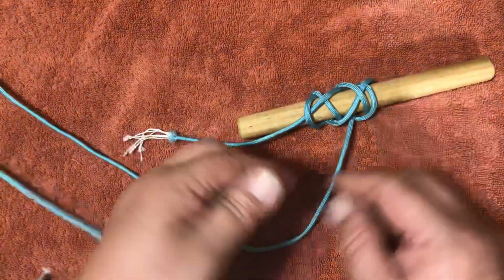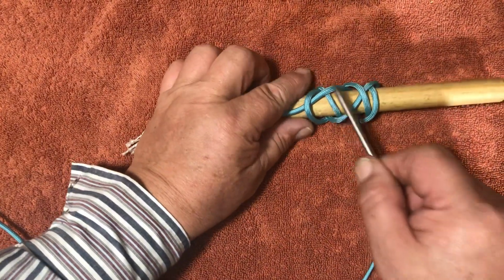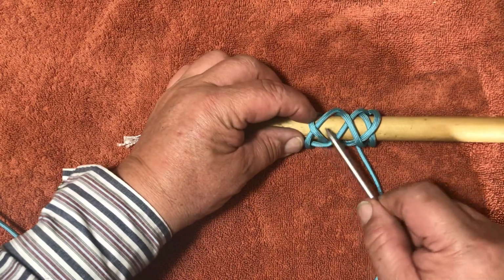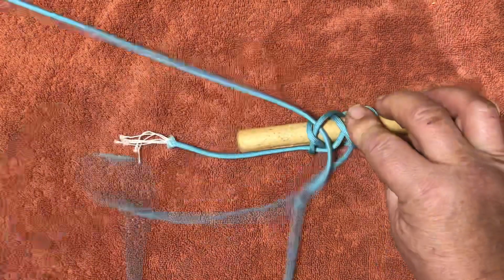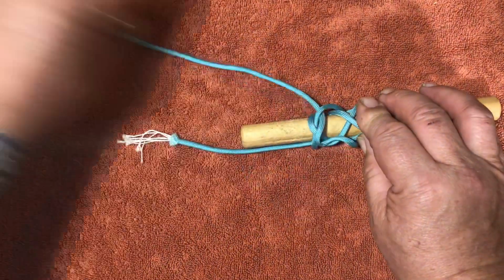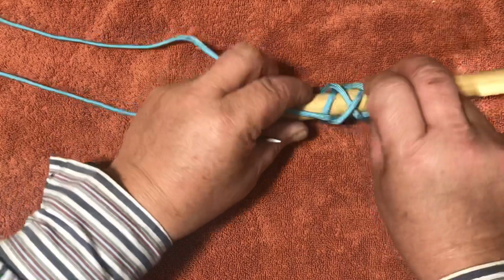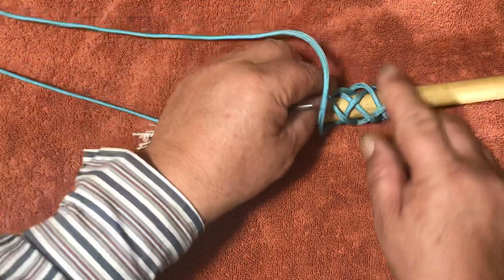Now, we're still following it, doing the opposite, and it's going under 2, so we're going to go over 2. It's going over 1, so we go under 1 and out over it. And we're keeping it right there. Our boxes are about the same size, everything's straight. Now, if there was a pin, we'd go around it right there, but we're staying